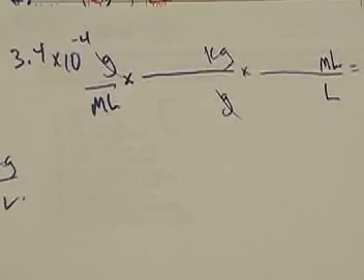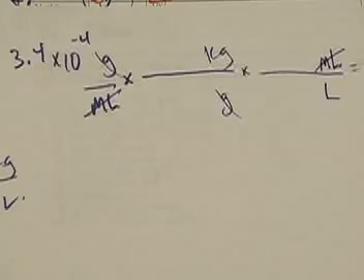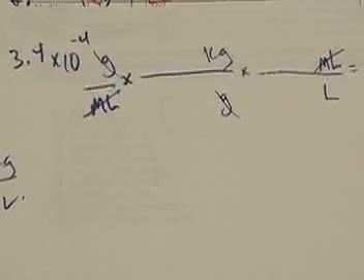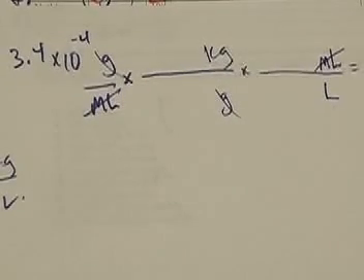Put liters as my new set of units. Notice how milliliters will cancel with milliliters. Okay? Now I've canceled my units and I've got kilograms per liter left. And notice I haven't put a single number in yet, because you should put your units in first and then put your